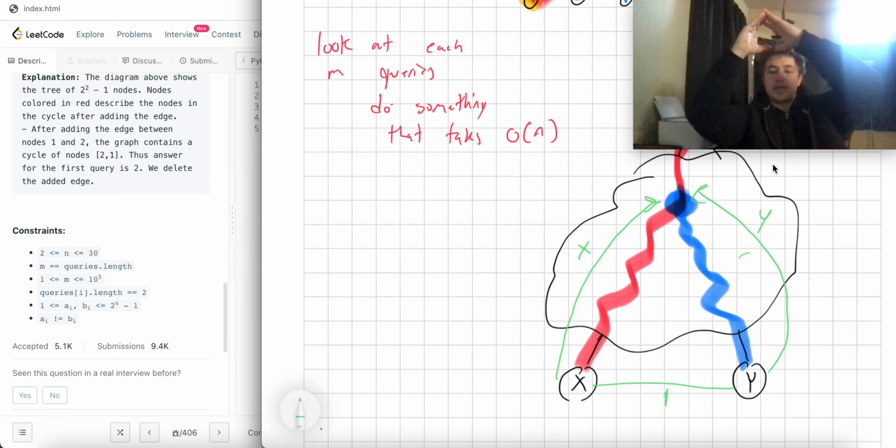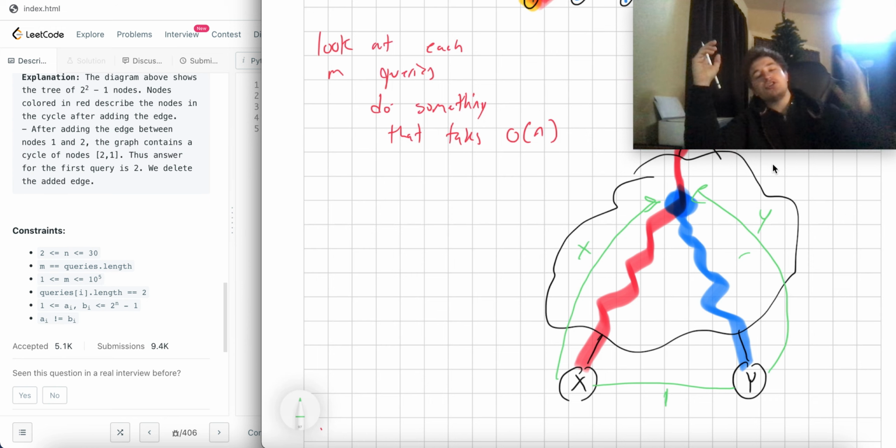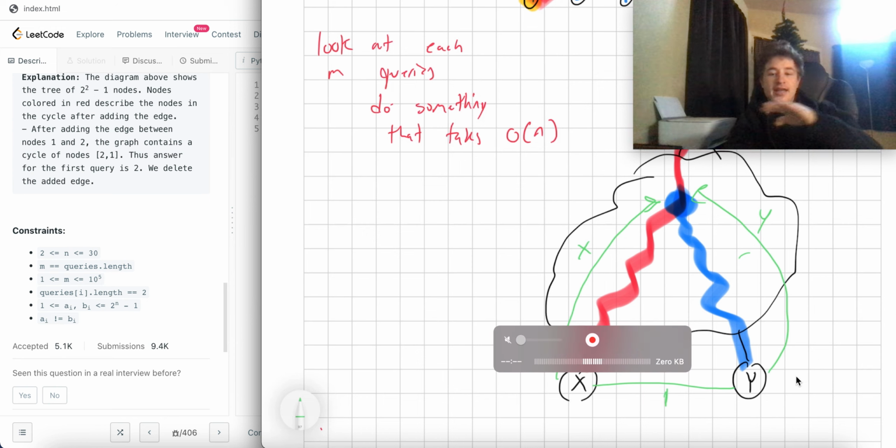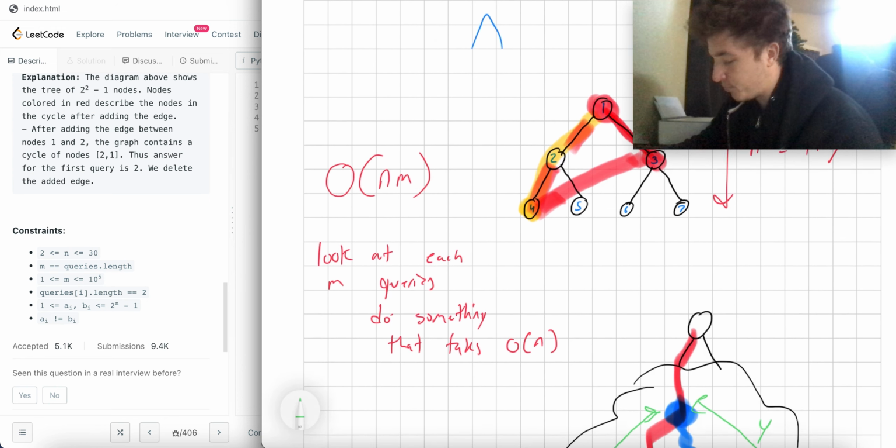I find the first place where X and Y on their path to the root meet each other. I find how long it took X to get there in terms of how many edges it had to traverse, and how long it took Y to get there, so how many edges Y had to traverse. And then I just add 1 for the connection between them. So if we look at this example here,